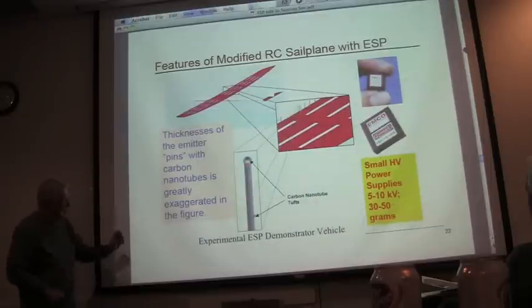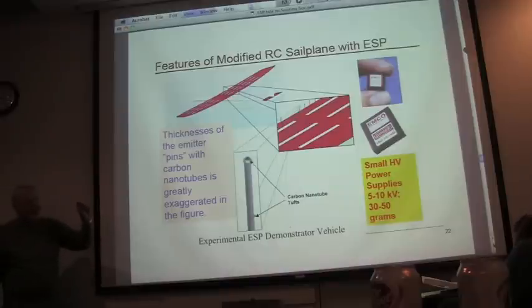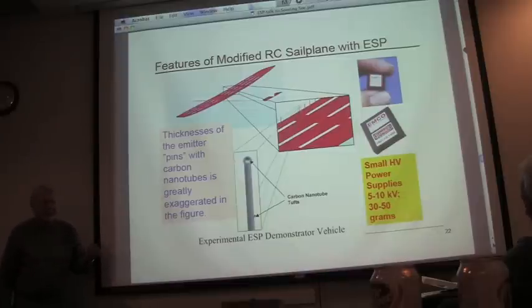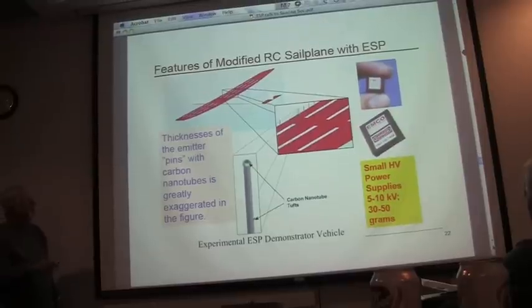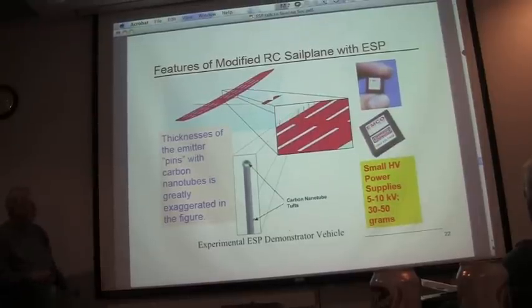These would stick up the thickness of the boundary layer, which is about a centimeter, maybe a couple of centimeters on some of the bigger ones. And what we were going to do was to try to find tufts of very, very fine hair, metallic hair. The smallest thing I think you could probably make is carbon nanotubes. And we were teamed with a company that would grow those little nanofibers and mount them on these things. And you'd have rows of these pins, which I'm showing exaggerated, and stripes of conducting foils across there. And they'd be connected up positive, negative, positive, negative, positive, negative, for multi-stage